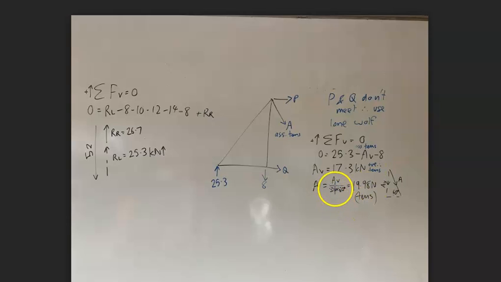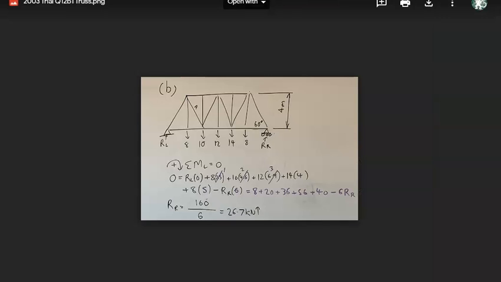Okay, so then we know that this value that we just calculated is the vertical component of A, which is 17.3 kilonewtons. So the total of A, using the trigonometry of this little triangle here, is going to be AV divided by sine 60. AV divided by sine 60 is 17.3 divided by the disco number, which gives us close enough to 20. And we've already determined it's in tension, but I should write that just to make sure. Okay, so we've now done our truss, and we can move